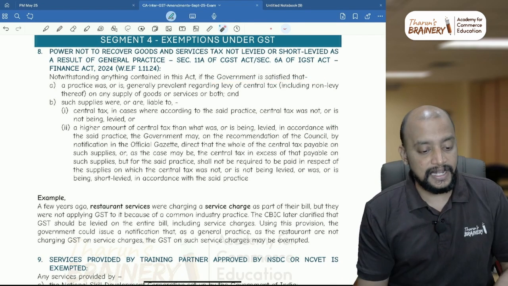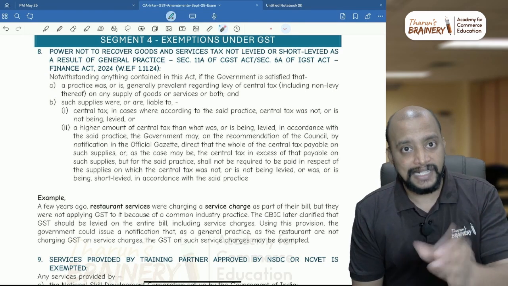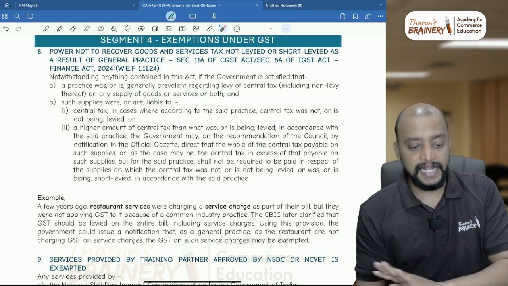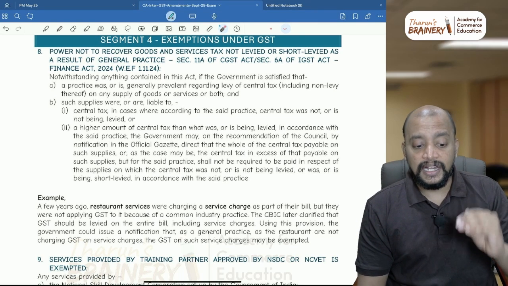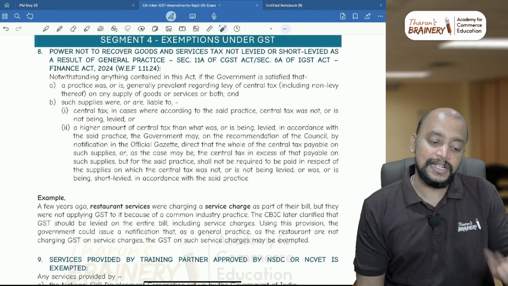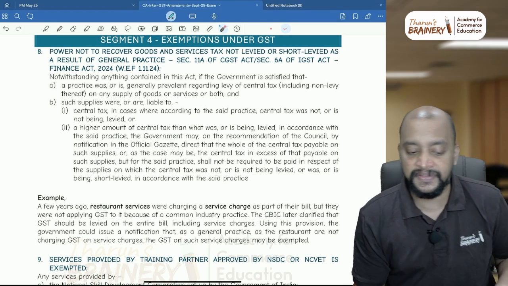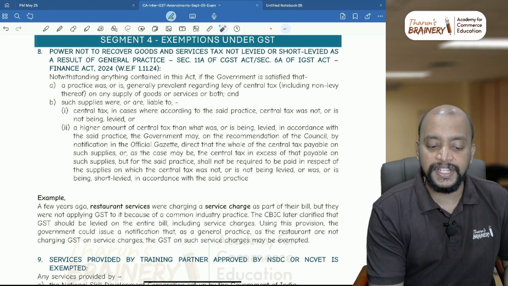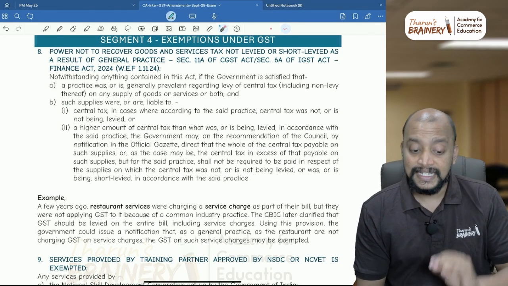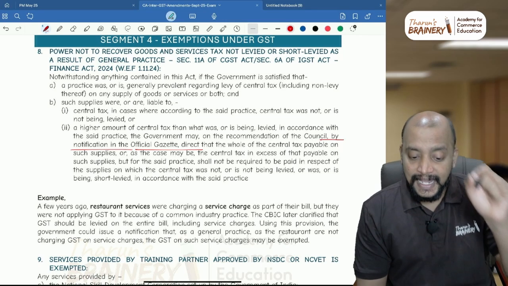If the government is satisfied that a practice was or is generally prevalent regarding levy of central tax, for example gold jewelry 3%, on any supply of goods or service or both, and such supplies were or are liable to central tax in case where according to the said practice central tax was not or is not being levied, or a higher amount of central tax is being levied in accordance with the said practice, the government may, on recommendations of the council, by notification in the official gazette,